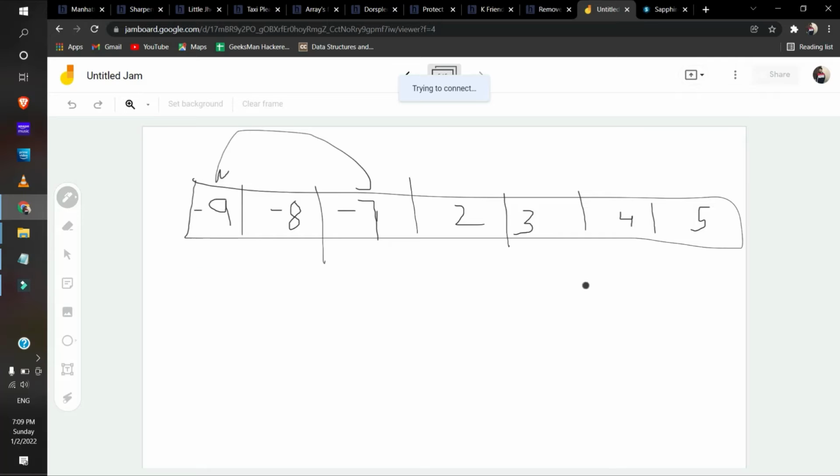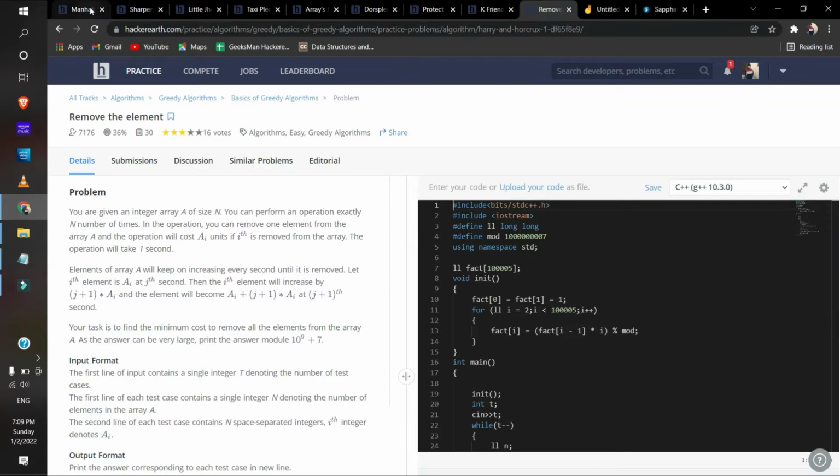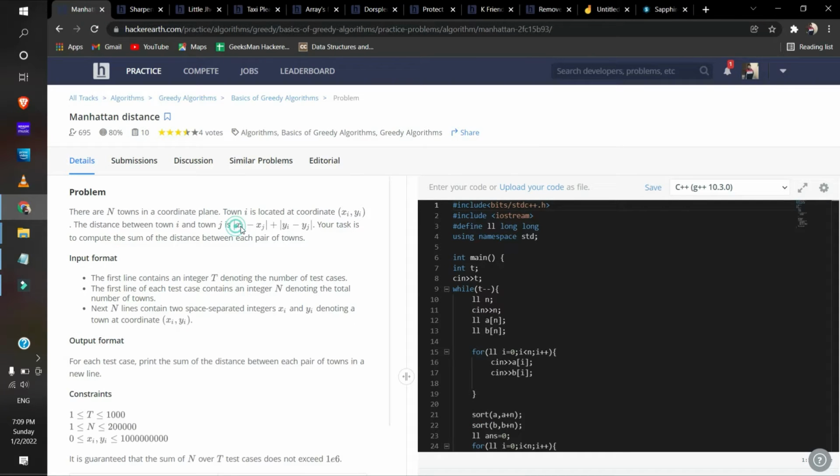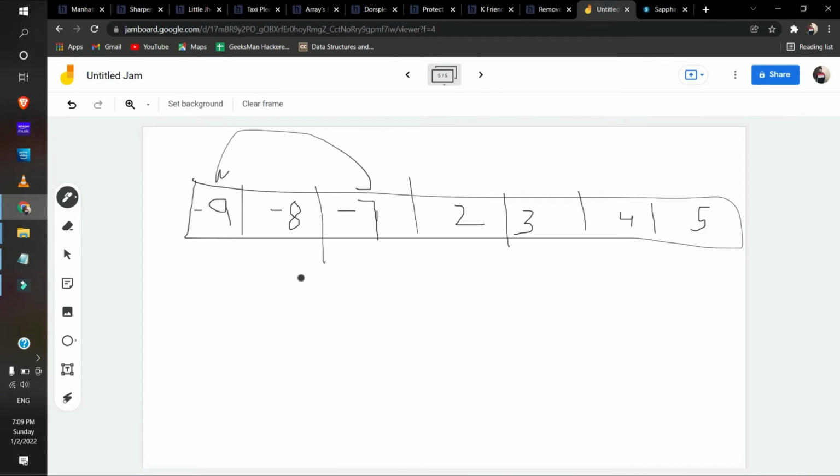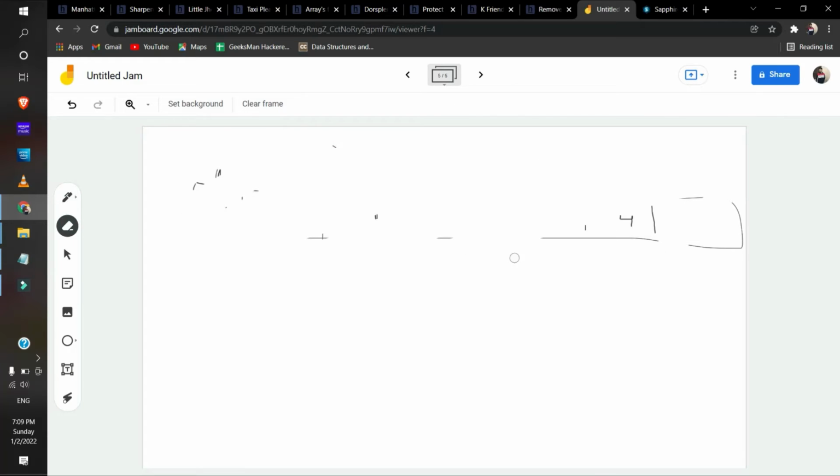So let's take, we'll have two coordinates x and y. The distance will be xi minus xj and yi minus yj. So we don't care which is bigger, yi or yj, because we have modulus. So this gives us a chance to solve the question easily.